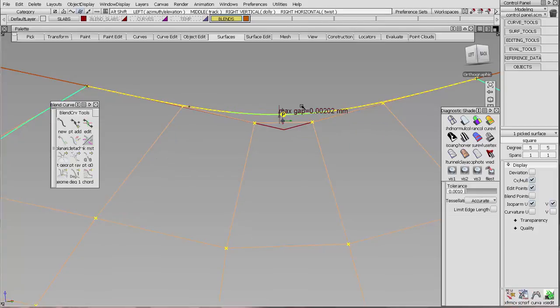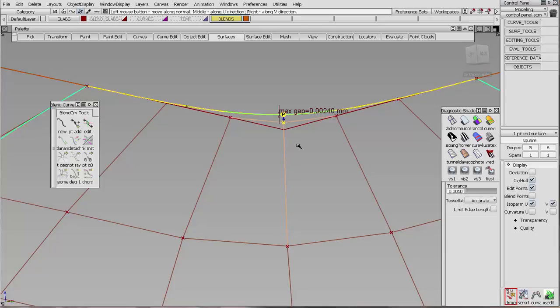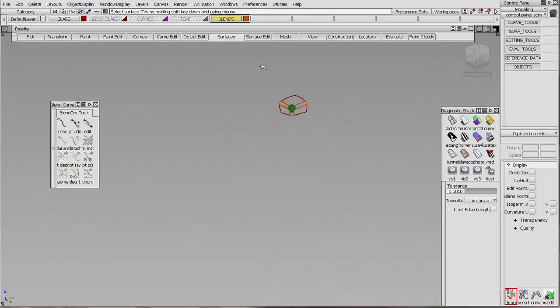Once we're this close, we'll grab this surface. I see it's the V direction. Okay, so I'm going to increase this in V, move one CV right here, and just bump him a little bit. All right, now we may have to go up with this, just a touch. This could just take a second to get in here because we're working to some tiny, tiny tolerances, okay? Now that we've got that done,